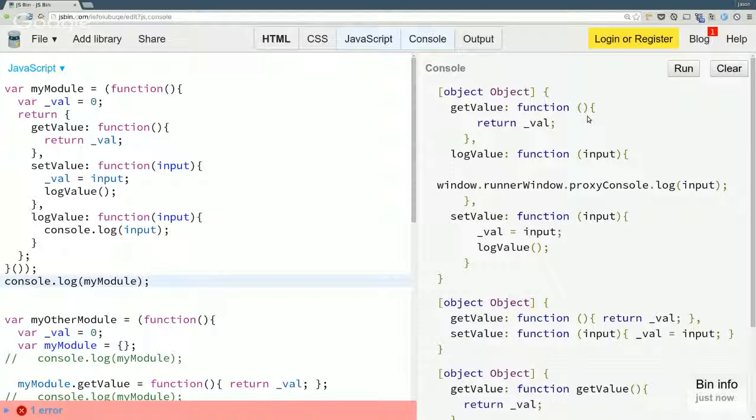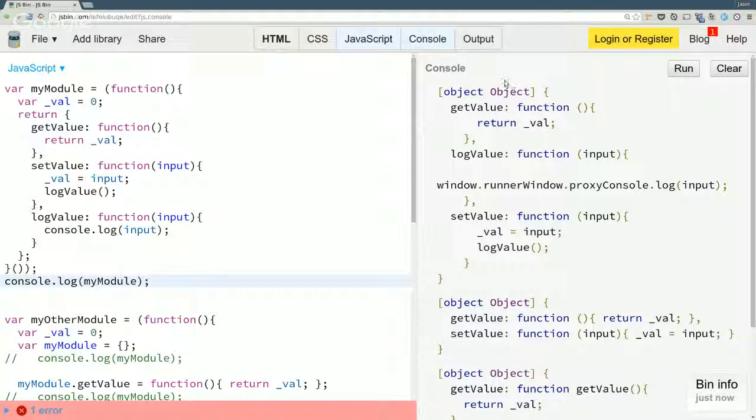So none of these things are accessible by this name without talking to the object that they are a part of first, because these are all internal to this object that we're creating. They're never just defined as functions on their own. They're callable. So that's why there is no function log value. There's an object that has a key log value whose value is a function. I see, okay.